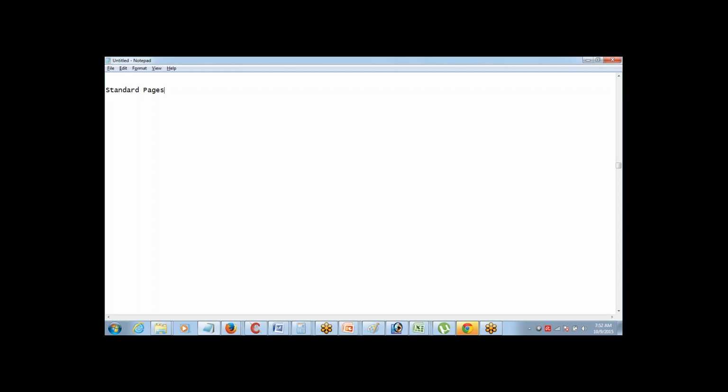But Salesforce.com by default has given you a lot of pages. That's what we were discussing initially. By default we see so many standard pages on Salesforce.com, right? For account there is a page, not one page. There are multiple pages for account. There are multiple pages for contact. There are different pages for opportunity. Correct? There are so many pages which are already there.